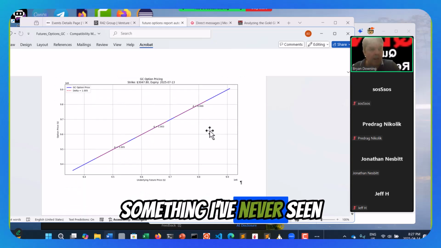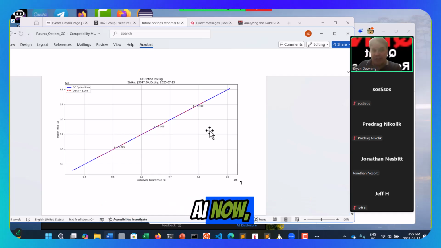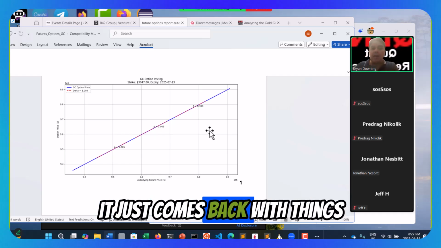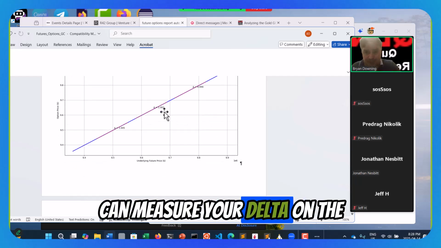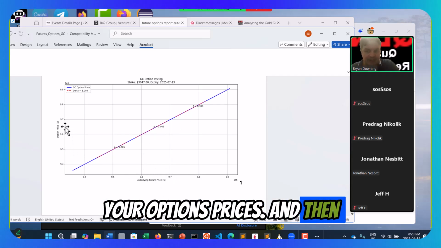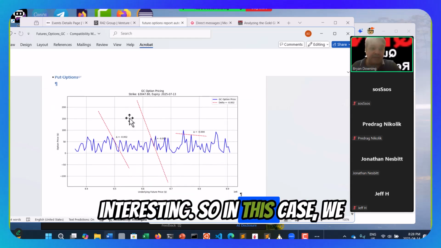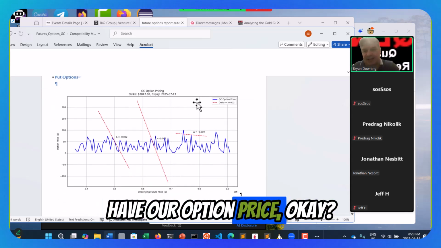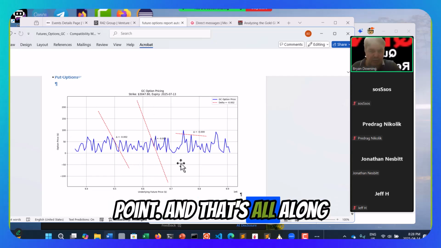And that's something I've never seen before with the AI, because with the reasoning built in with the AI now, it just comes back with things I've never seen before. So you can measure your delta on the underlying price along with your options price as well. And then again, this is where it gets very interesting. So in this case, we have our option price, okay, and then we can figure out what our deltas will be at what point,